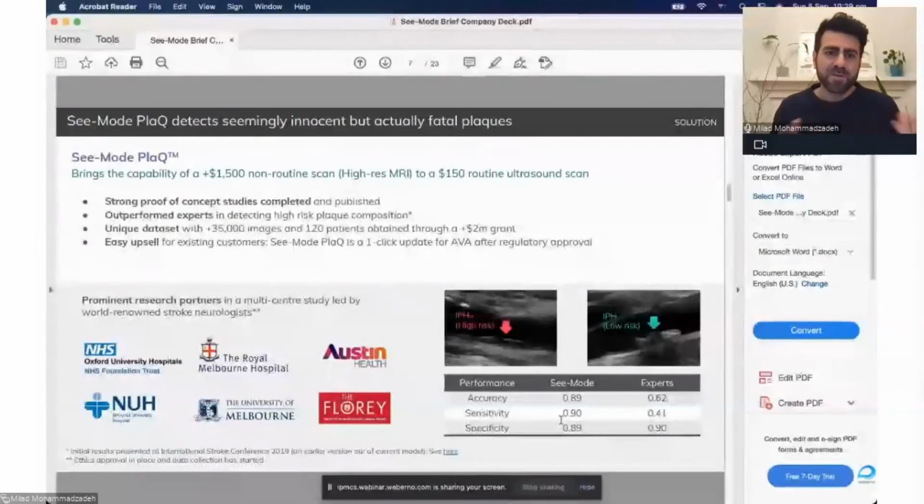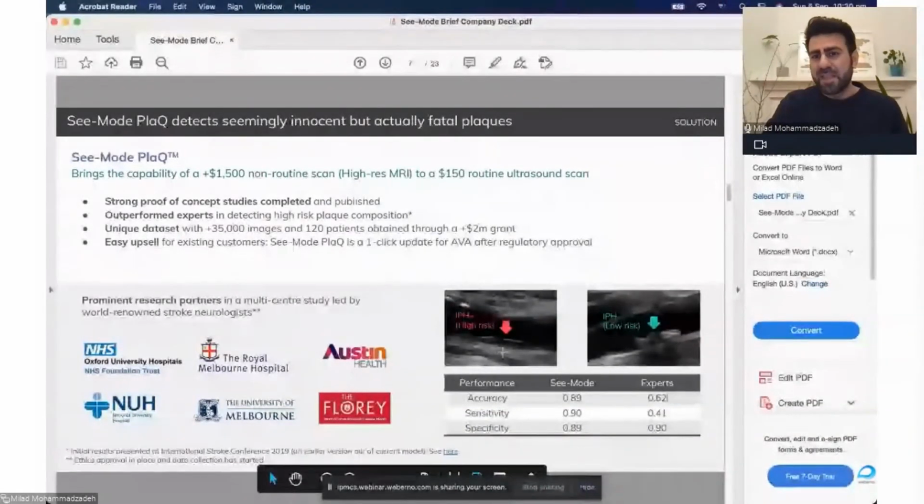And what we're trying to do now is to essentially validate this with as much data from as many different hospitals as possible. And I think a good place for me to end now and just open it up for questions is just talking about some of the challenges of solving these type of problems using machine learning. So one of the interesting challenges, especially when it comes to detection of high-risk plaques, for example, is that